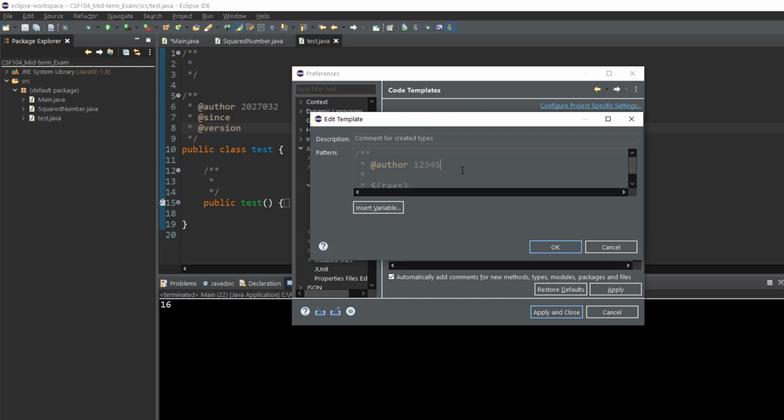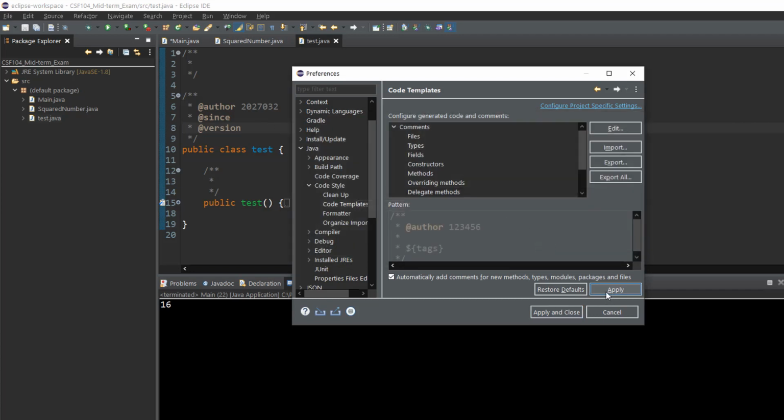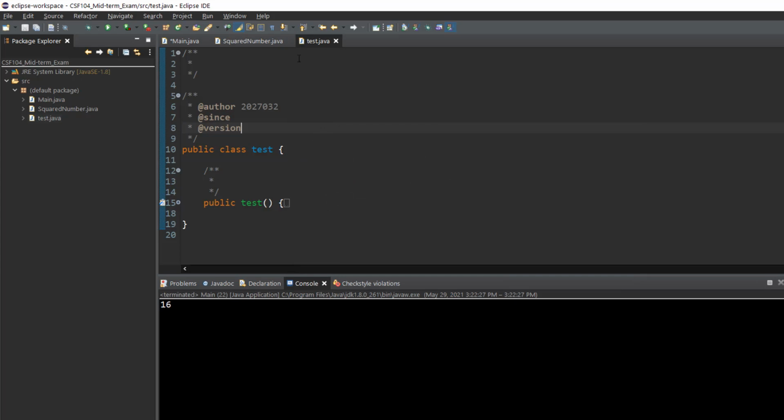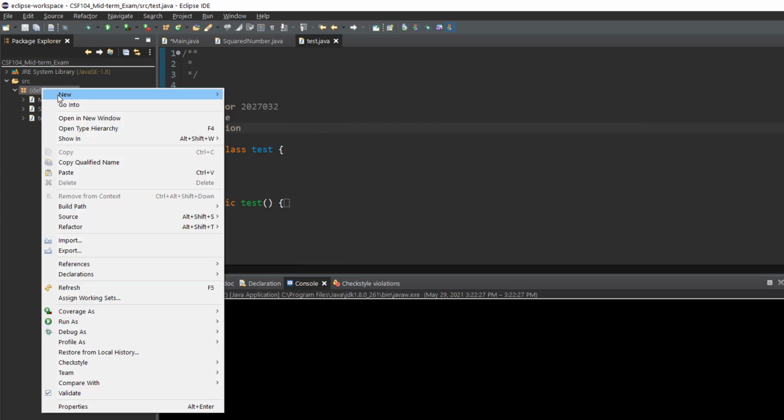1 2 3 4 5 6. Note that this won't refactor, so you would have to do a new comment for this to kick in. It won't refactor what's already here and overwrite it. But if I okay that and apply and close, then if I make a new one, a new class,